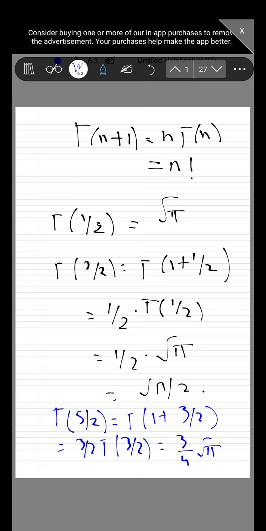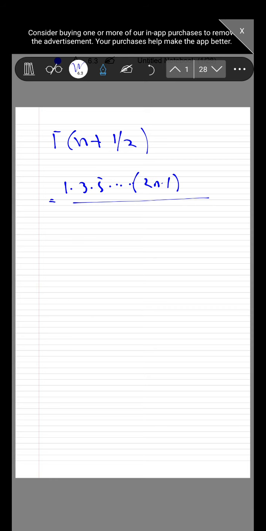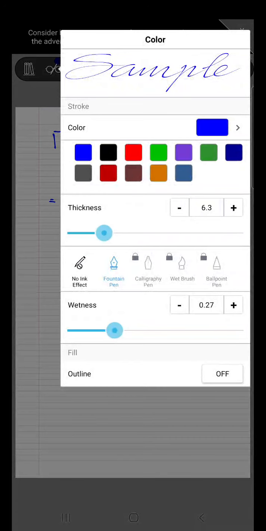So using the same notion, we can generalize the concept. We can write that gamma n plus 1 by 2 is equal to 1 into 3 into 5, all odd numbers, till 2n minus 1, into root pi by 2 to the power n, where n takes the value 1, 2, 3, and so on. Based upon this relation, we can also write